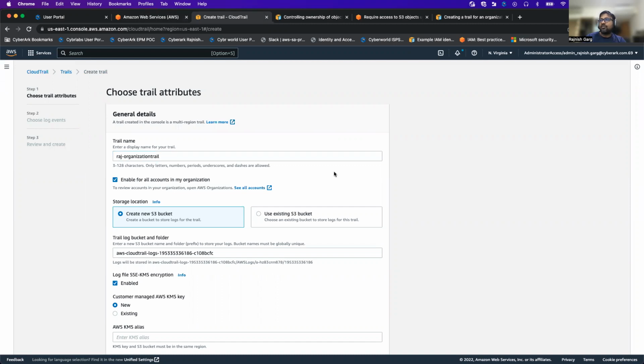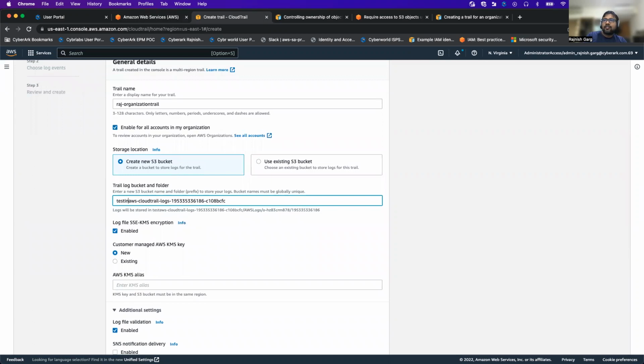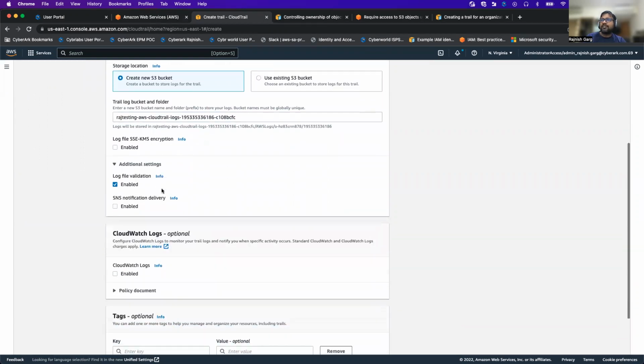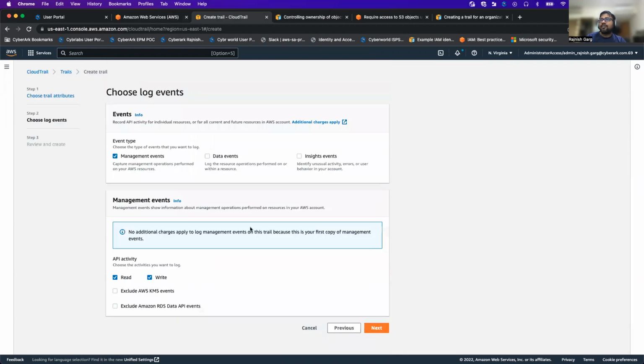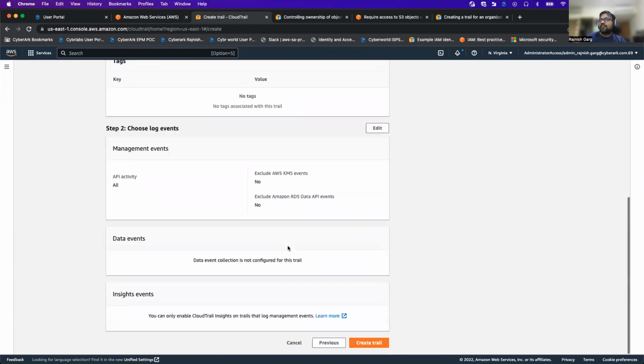We are going to enable it for all the AWS accounts. Here I can also mention a name like Raj testing, because I have a lot of buckets in my account. For this particular demonstration, we are going to disable the SSE-KMS encryption. The rest of the settings I will keep as default. We are going to focus just on the management events for now. Once I click next,